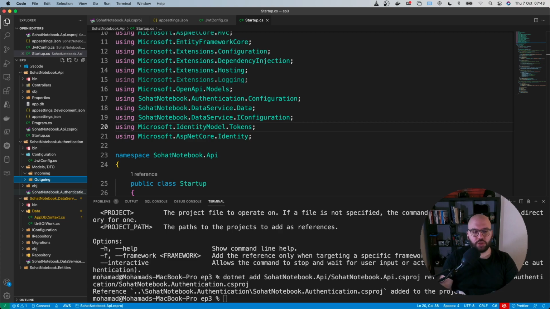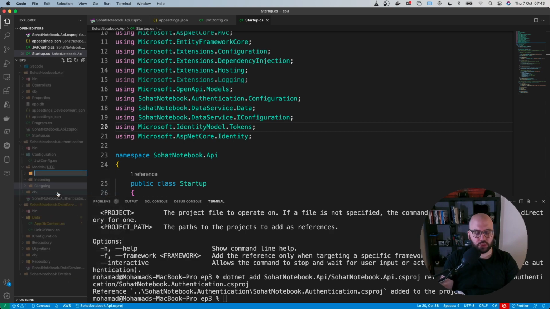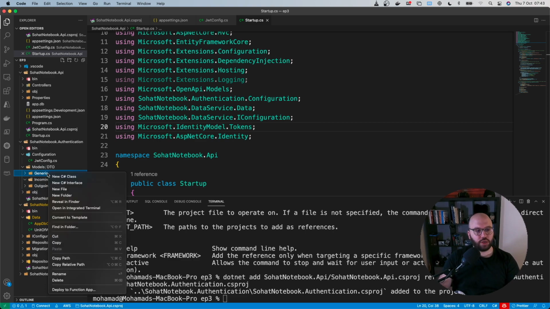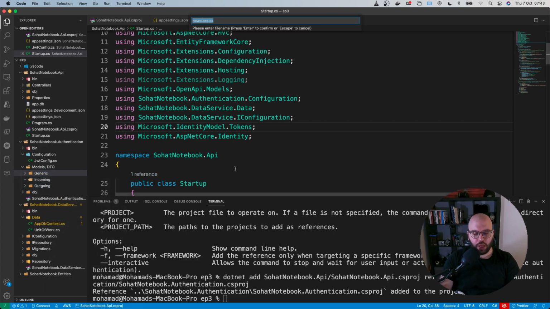The data transfer object for an incoming request to our server, and the outgoing is anything that the API is actually generating. So that's what incoming and outgoing mean. Let's put another one here. New folder, we'll call it generic. Inside the generic folder, we're going to create a new class called auth result. And basically the auth result means that no matter what the object is, whenever we do any